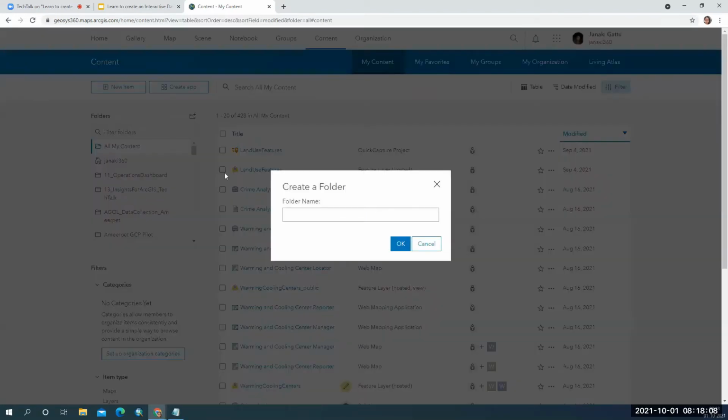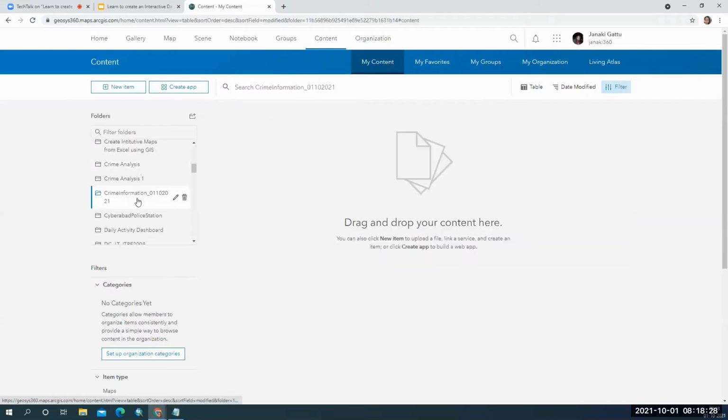So I will open this folder and I can give the information, and I'm giving today's date so that it will be unique in my organizational account. I've created just a folder and it doesn't have any kind of data. So now my job is to create the data, and with the data I'm going to create a dashboard, which you already know.